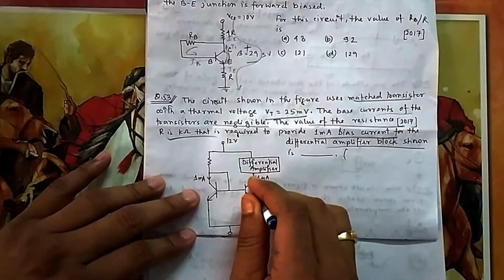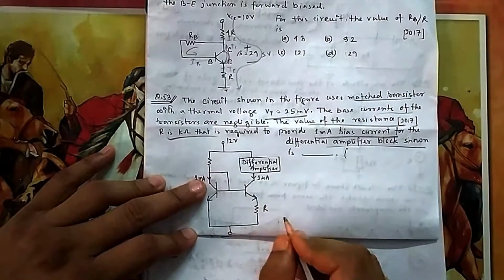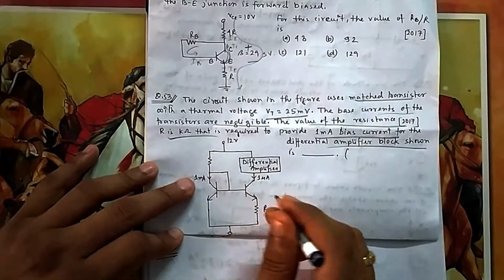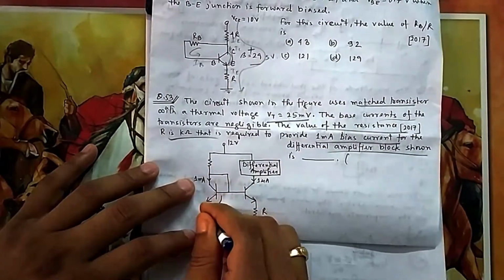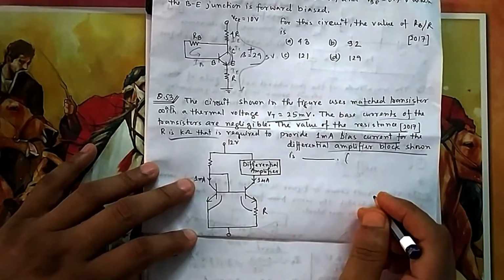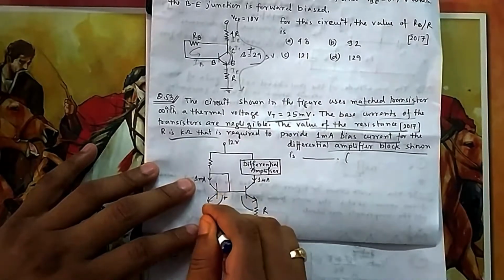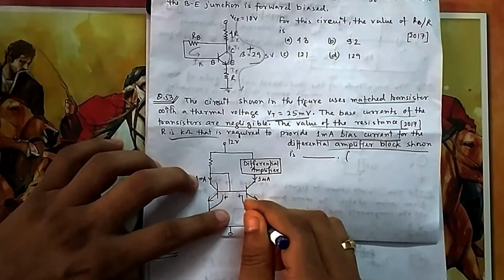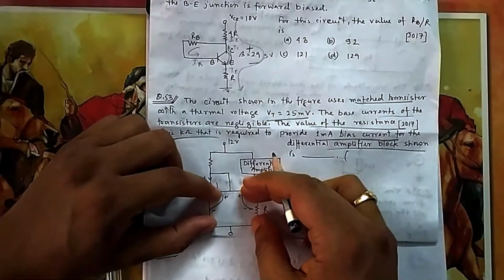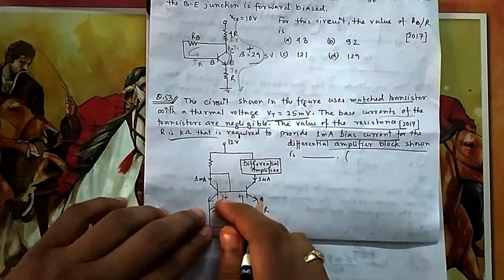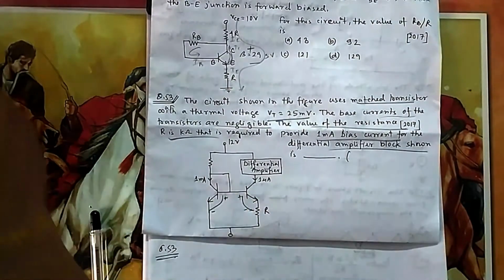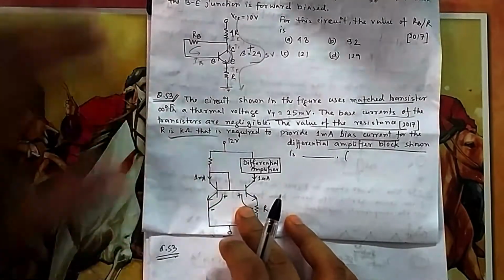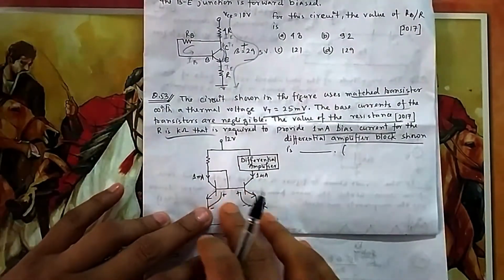They have given this current and this current, and they are asking to find R. Both are matched. Now you can think of it as a current mirror circuit, but it is not a current mirror circuit, because in a current mirror circuit this voltage and this voltage are both the same. Here these voltages are not the same, this voltage is equal to this plus this drop. Because the base emitter voltage is not the same, the currents will not be the same in this path. That is the difference. That's why it is not working as a current mirror circuit. For a current mirror, these base voltages were the same, so it is different here.